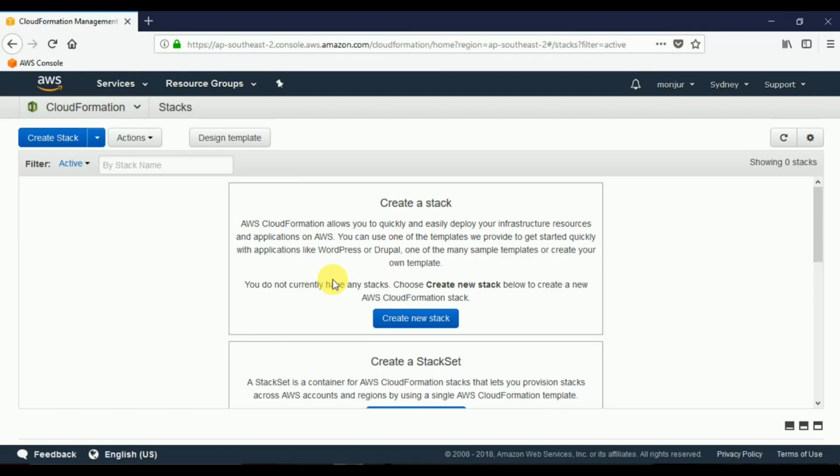Here, by using CloudFormation and creating a stack, we can tell AWS by using a template that we want to create this service and we want to use these resources. For example, we want to create a WordPress website, and the resources that we need: a key pair, a virtual machine or virtual server, everything that we need. We can just tell AWS that this is what we need, and AWS will automate that task for us. So for that, first we click on create new stack,